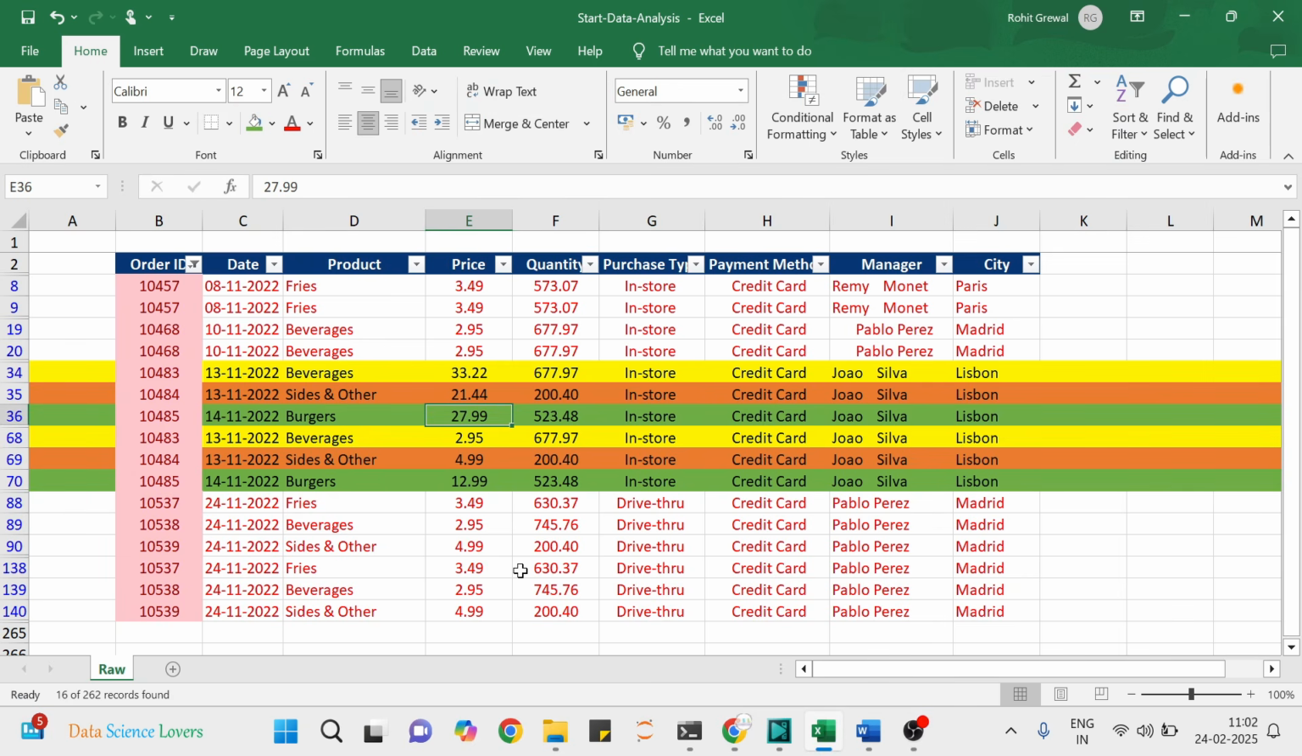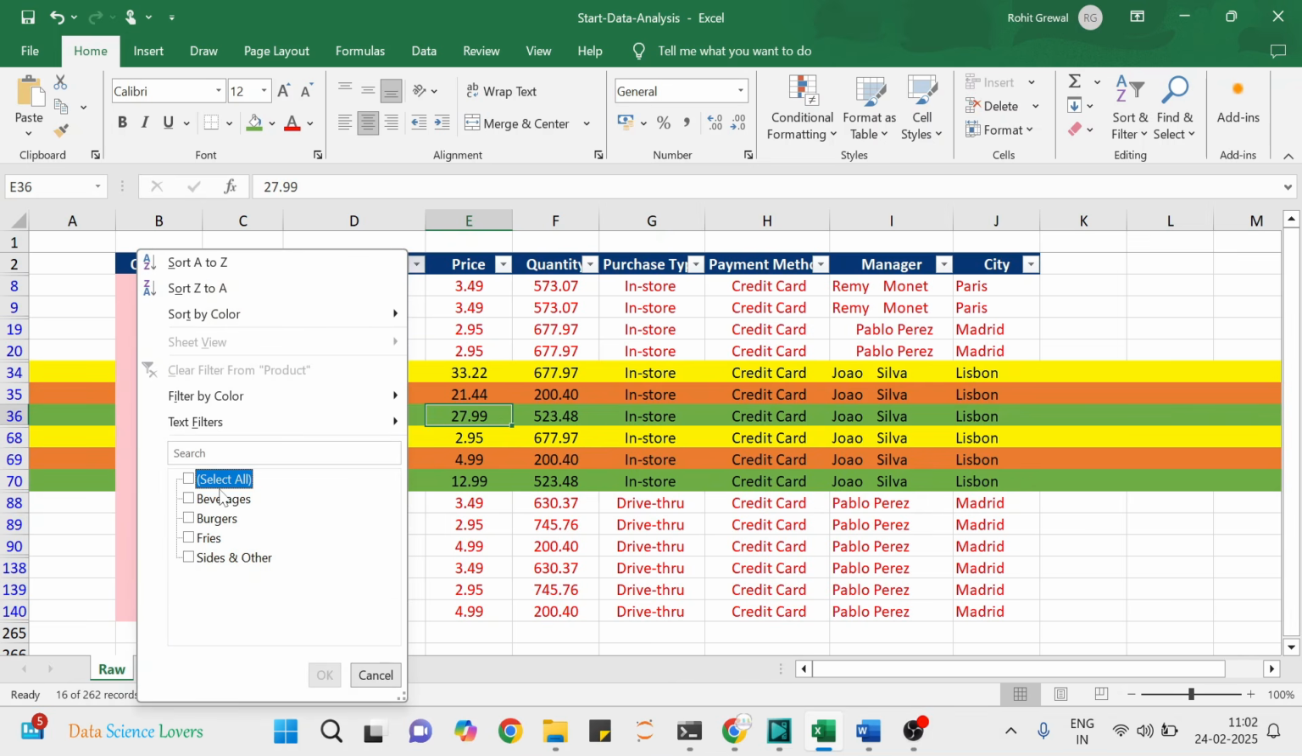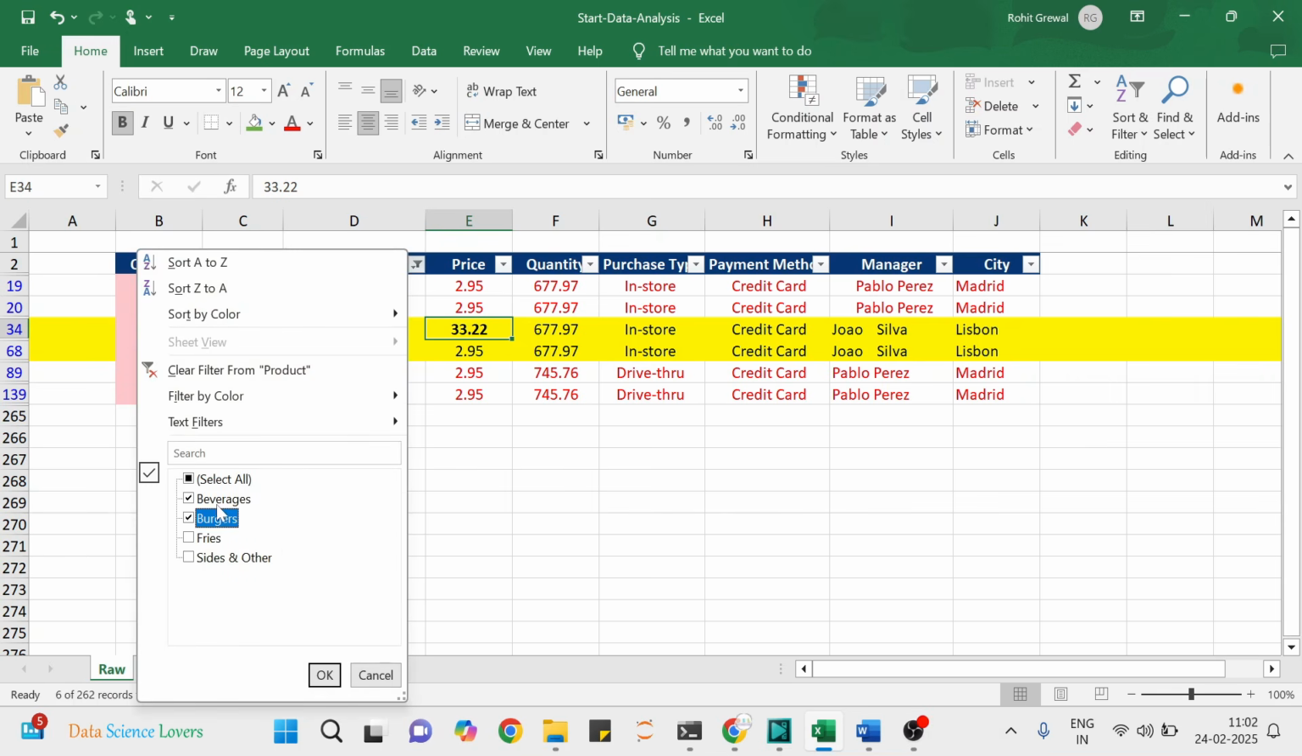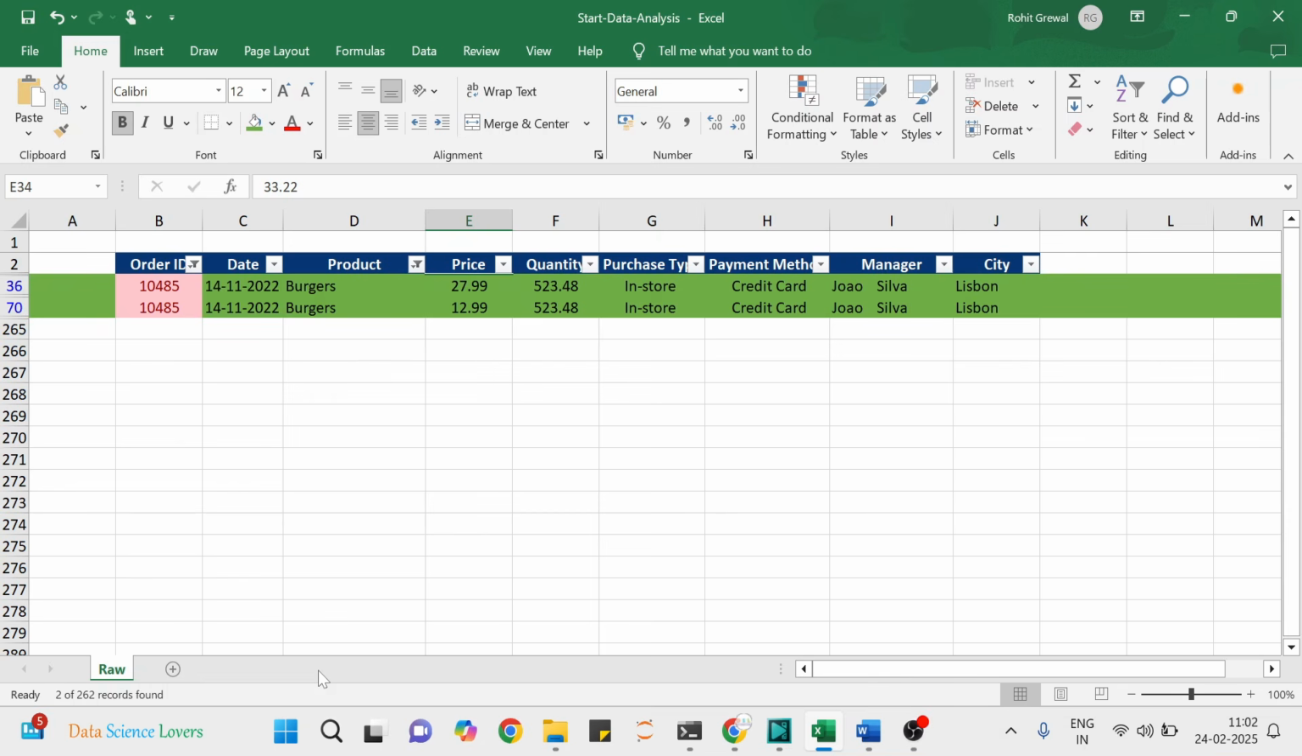From this sheet we can check the actual price of the products. The first is beverage, where 2.95 is the actual price, but this is the incorrect price, so we have to correct this. Next we check the price of burgers, where 12.99 may be the actual price, and we have to remove this